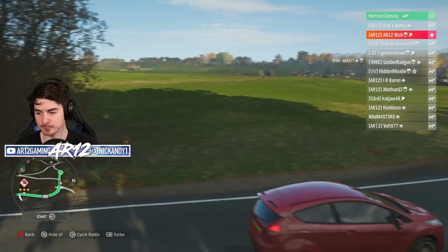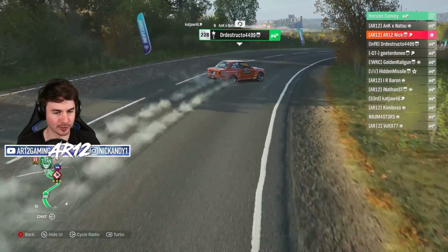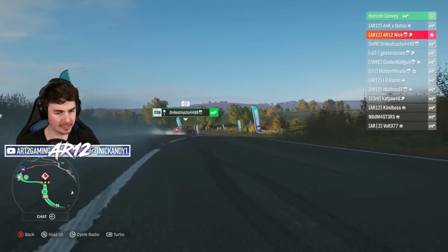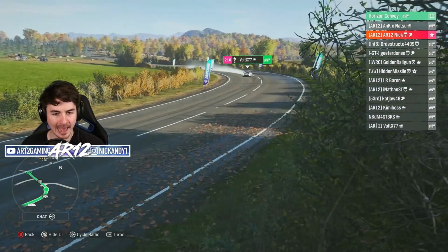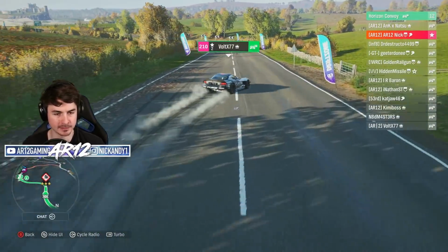Baka decided he didn't want to drift. The BMW is off, the least powerful car of the bunch, shooting hella lots of tire smoke. And last but not least, the Dodge Viper, which seems to be going in almost the...